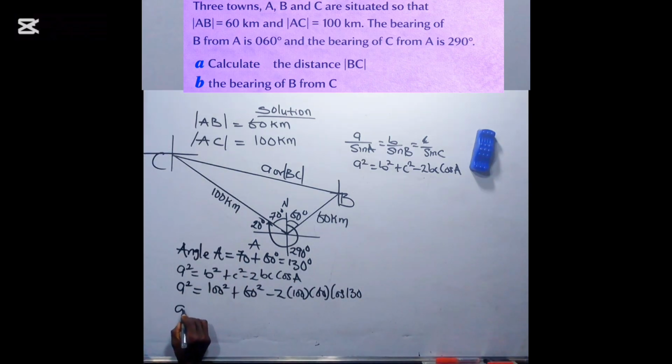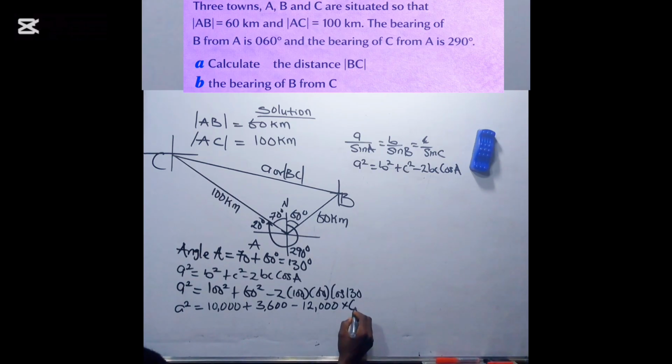Therefore, a squared will be 100 squared, that's 10,000, plus 60 squared, that's 3,600, minus 2 times 100, 200, then 200 times 60, that's 12,000 rather. Then times cos 130,